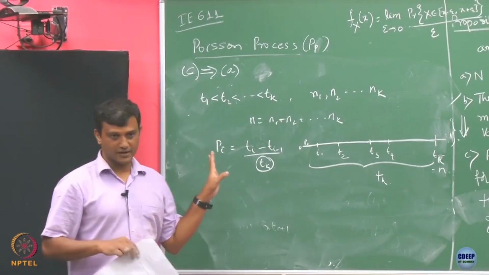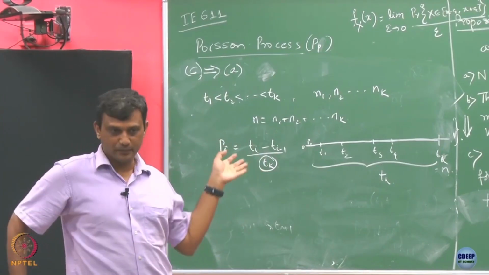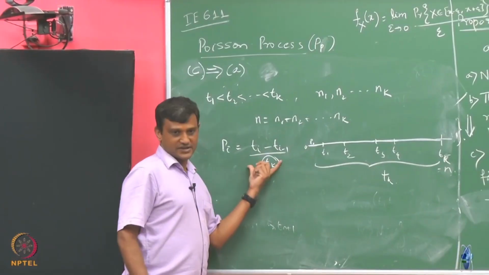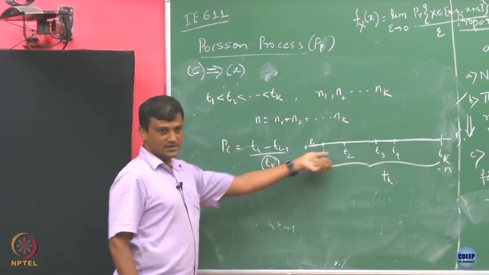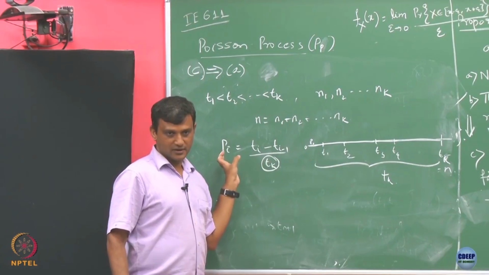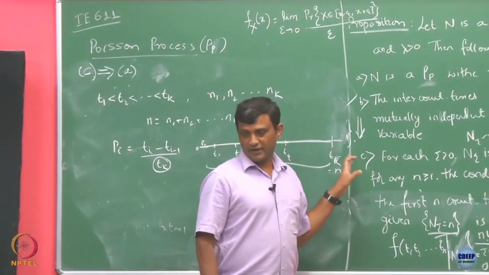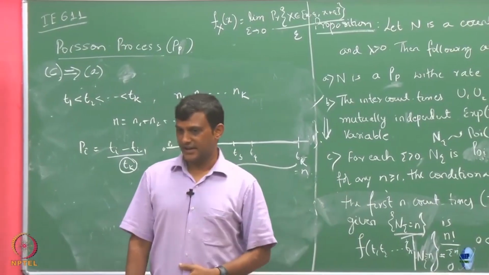Pi I will just define now. I have defined Pi to be a number which is defined like this. You can think of this as a probability term here. So if you add it over all i's, from 1 to k, it is going to add up to 1, right. You have to convince yourself, if I assume this C holds, and I think that,